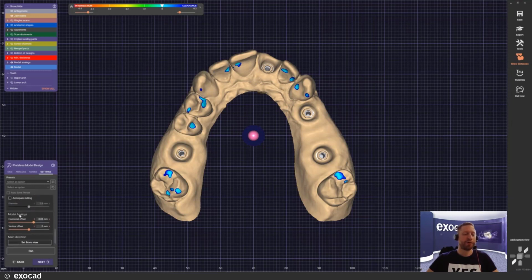There it is. Under model analogs, it is the horizontal as much as the vertical offset of the DIMM analog in our model later on. That has been asked for a lot because, you know, you want to actually individualize your fitting perfectly according to your printer setup, and that's the way to do it. You will play around with it as much as you want until you get a very nice result and you get what you want. So I'm fine with the settings for our case here, so I'm just going to do that.